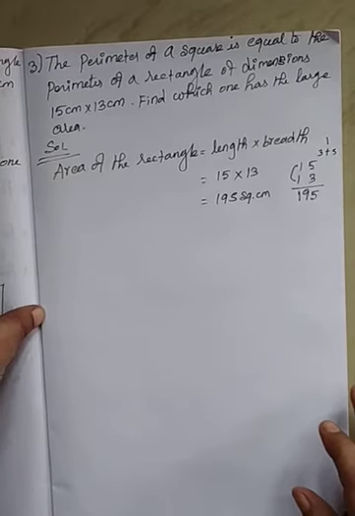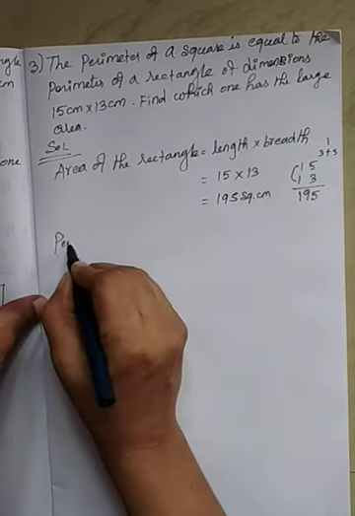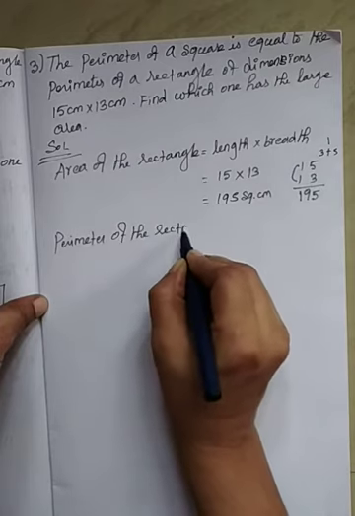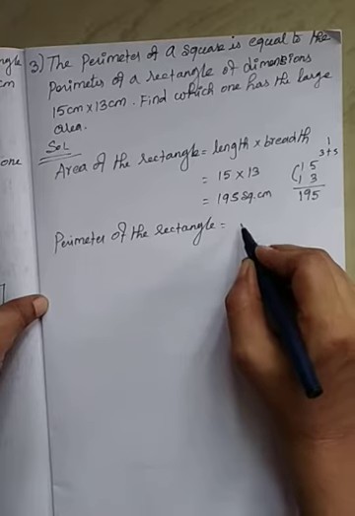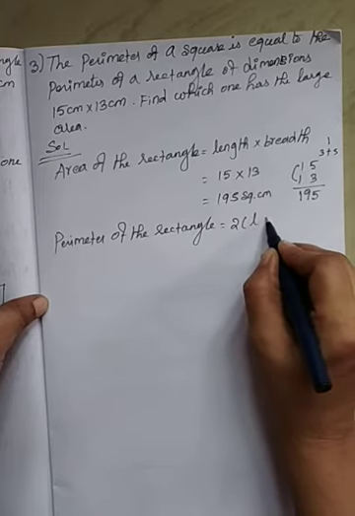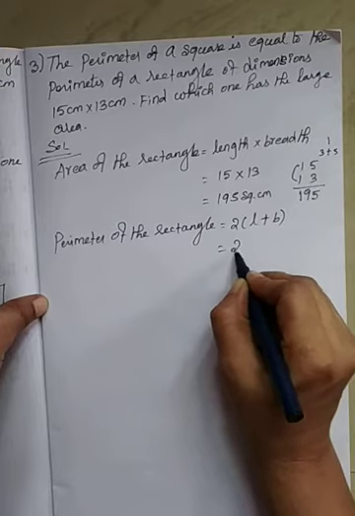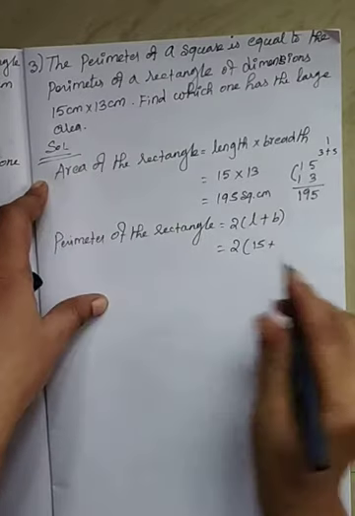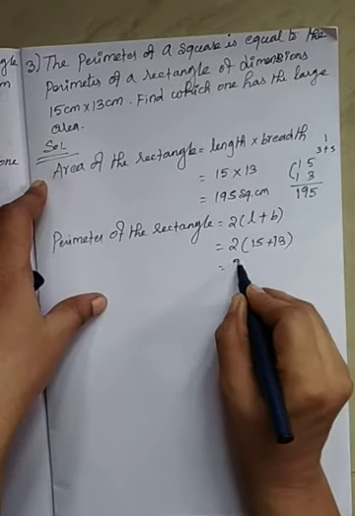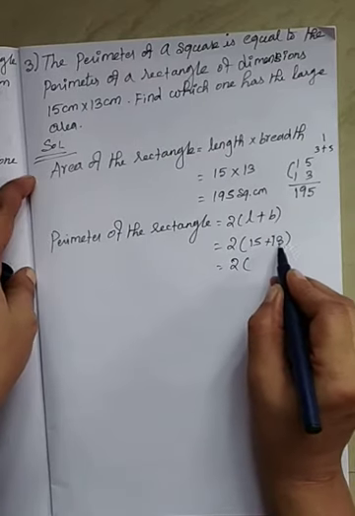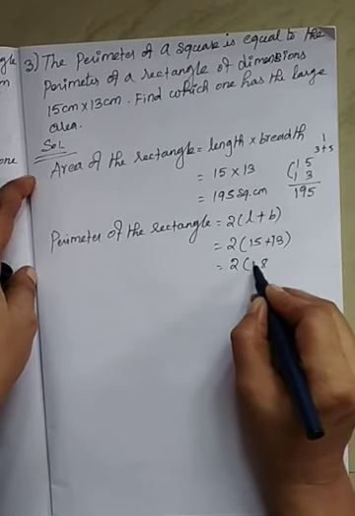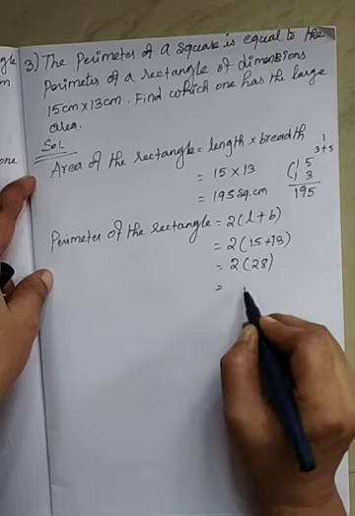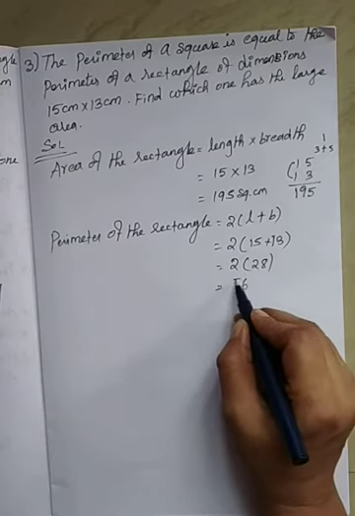Next you have to find the perimeter of the rectangle. What is the perimeter of the rectangle formula? 2 into length plus breadth. Okay, so see here, 2 into, what is the length value? 15, plus what is the breadth value? 13. Now 2 into, what is the addition for 15 plus 13? 5 plus 3 8, 1 plus 1 2. Now multiply 2 into 28. What will you get? 8 2s are 16, remainder 1, 2 2s are 4, 4 plus 1 5.